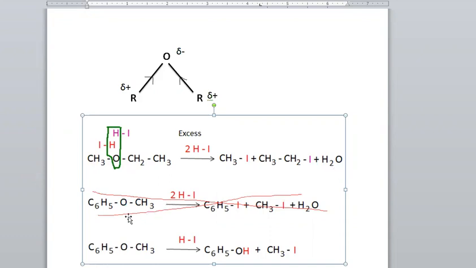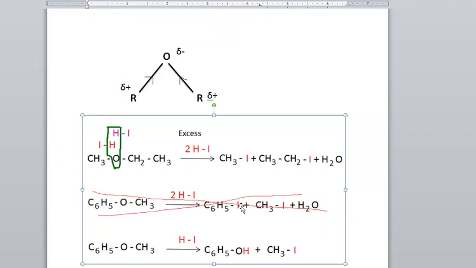And then, if you take anisole, what will happen? If excess hydrogen iodide is used, what will be the product? Anisole and hydrogen iodide, taken in excess. What we expect is that this carbon-oxygen bond is cleaved, and this side carbon-oxygen bond is also cleaved. If it's so, we have to get iodobenzene, methyl iodide, and water. But actually this reaction cannot take place. This is wrong.